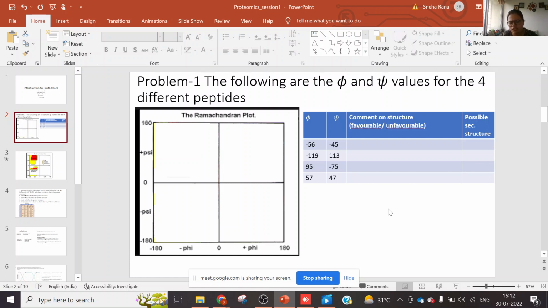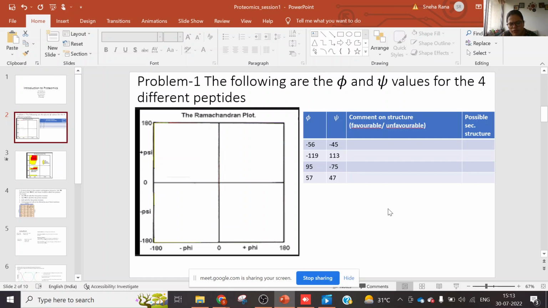Can you please keep the mic in a proper condition? Okay, so I was saying, for the psi value minus 56 and this phi value minus 45,